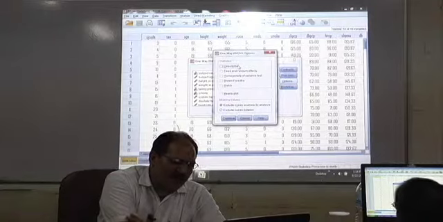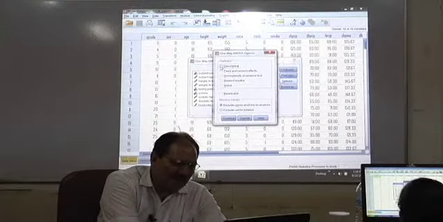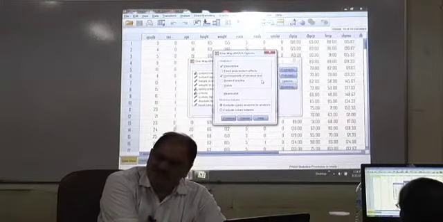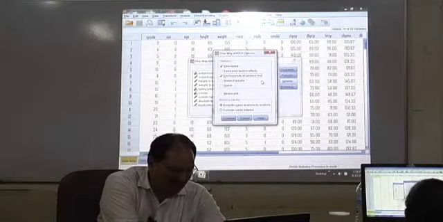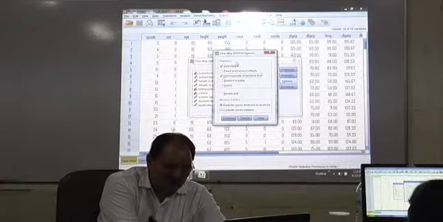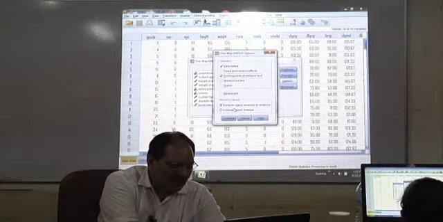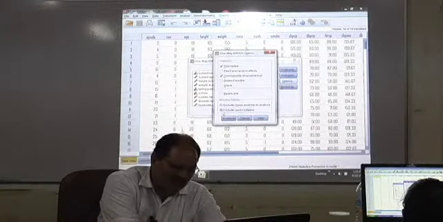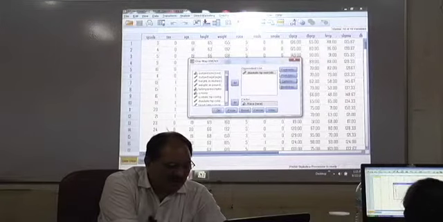Now, first part, look at statistics. You can select descriptive, select homogeneity of variance test, so that your Levene's test of homogeneity is applied, and others you don't need. You need only these 2 statistics to infer. And exclude cases listwise we will use, will continue. Alright? Go to OK.